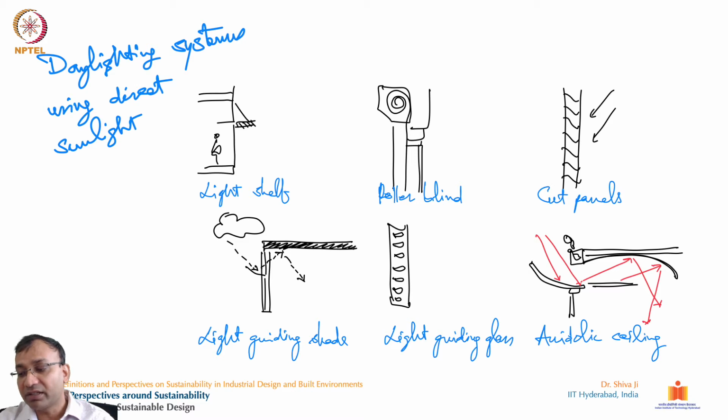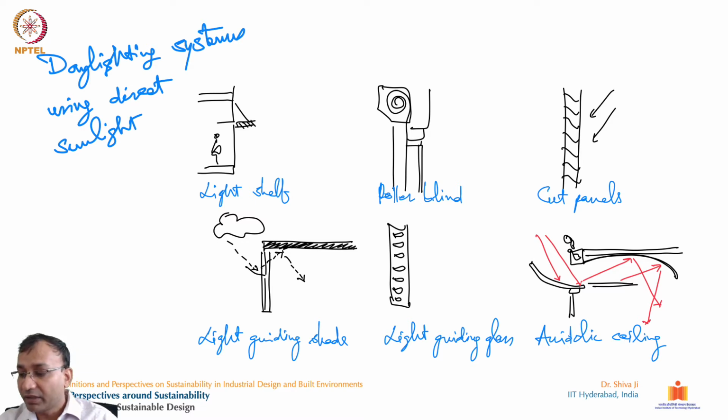The summer sun comes at the top, and in the winter it goes a little lateral at the downside. So the penetration of sun becomes more in the winters, and it reduces in the summer. We can use the width of this unit to control how much sunlight I want inside the interior of the space. This can be controlled over here, and of course with the number of fins in the windows.